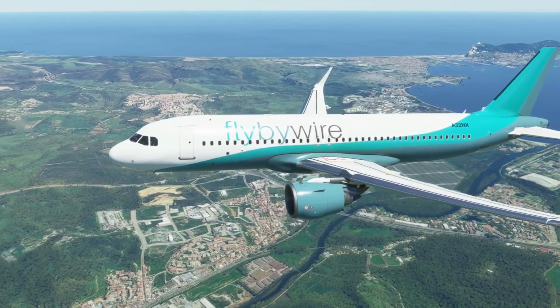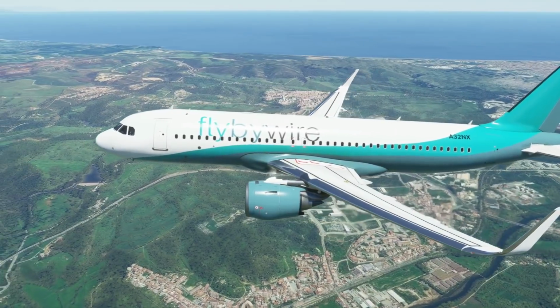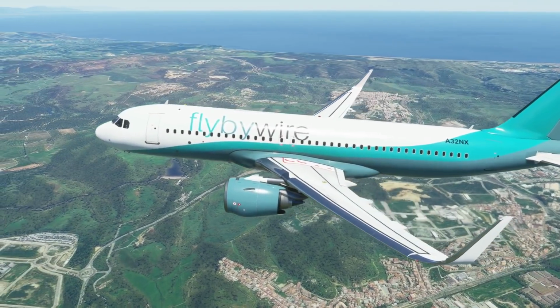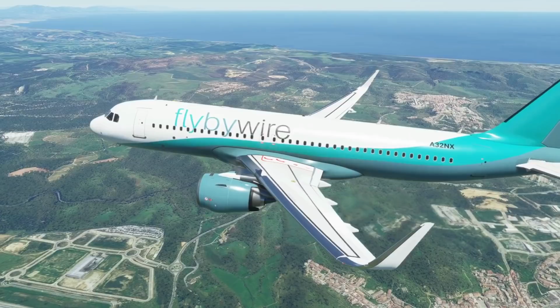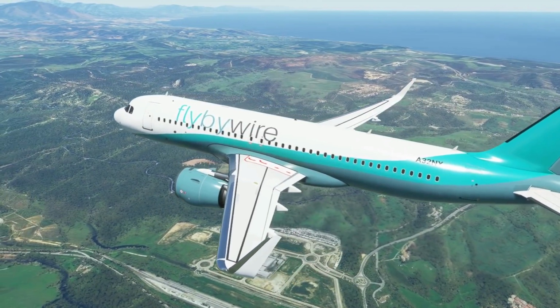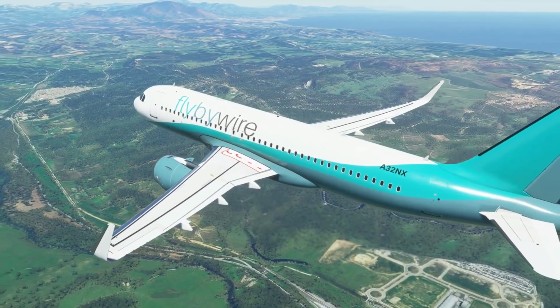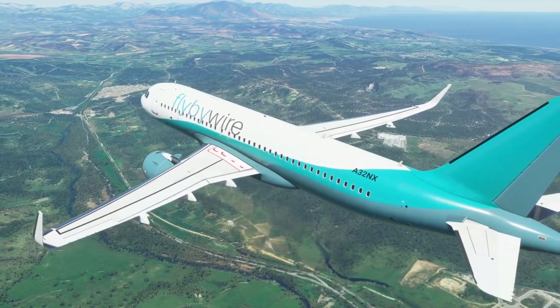Now, at this time of filming the video, the experimental version is not being updated, as the team are currently working on its own flight management system, which basically means that improved vertical and lateral navigation are all going to be incorporated within that. At the time of this video, I highly recommend downloading the developer version, and this will